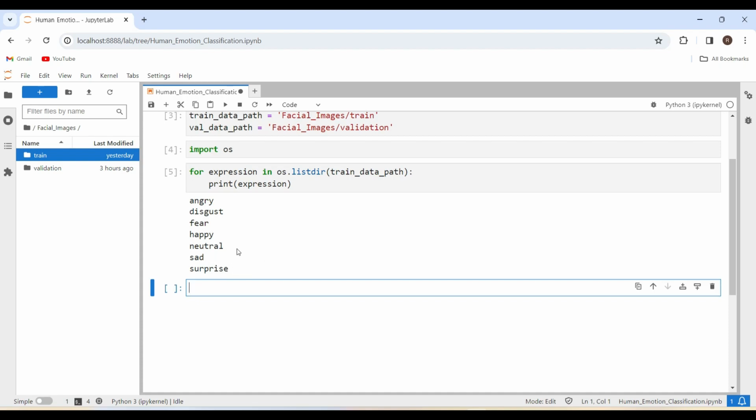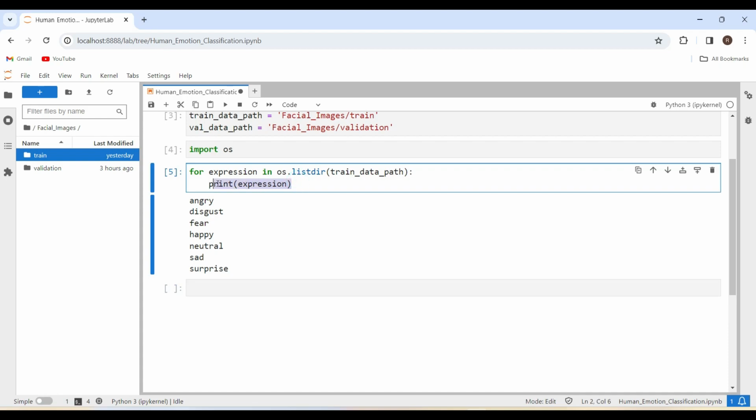There are 7 different types of expressions, human emotions, here. Now let's see how many images there are in each of these emotions. For that, what I'm going to do is print expression, comma,